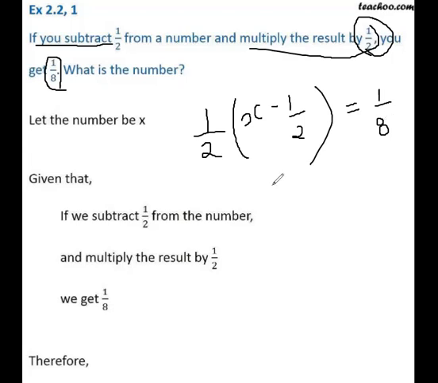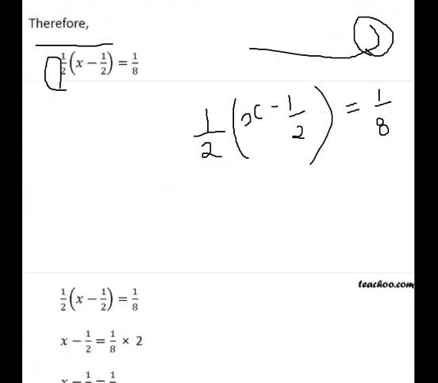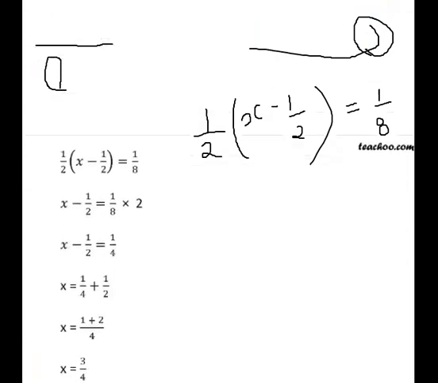What mostly we do is we take the number which does not have the variable with it to the other side. Here also we'll be doing the same thing. Here let me show you. This is the equation we have formed, and this is 1 upon 8. Now here we have solved this equation like this. You have made the equation.